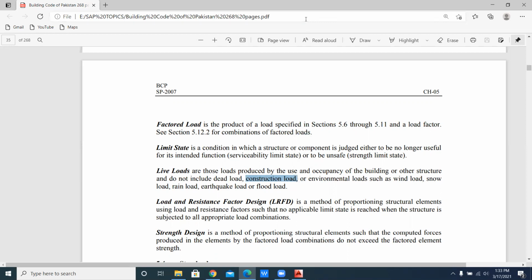and steel in tons. There are different types of techniques you have to use. Steel in tons is a removable load, and that is construction load. Then environmental load. What types of environmental load are there? Wind load, which is the load of the air; snow load, which is the load of ice; rain load; earthquake load; or flood load. All of these are not permanent loads, so they are considered as your live load.